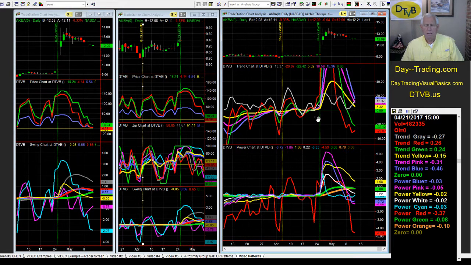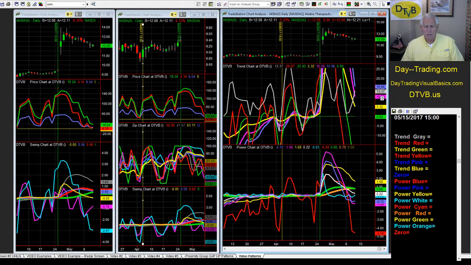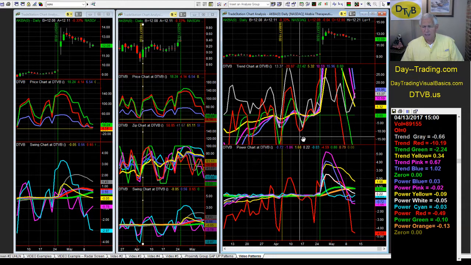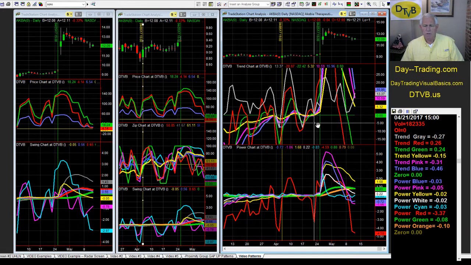As well, if you haven't noticed it, from about 5 or 6 days ahead of this, from this day to 2 days before the green line, we have a large right leg W higher pattern. And in the power chart, we actually have a right leg W lower pattern,